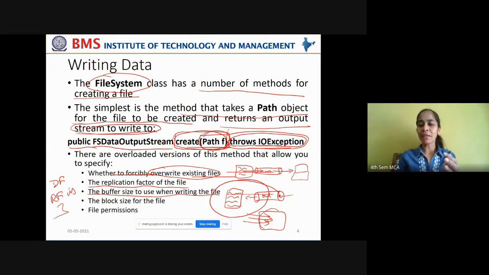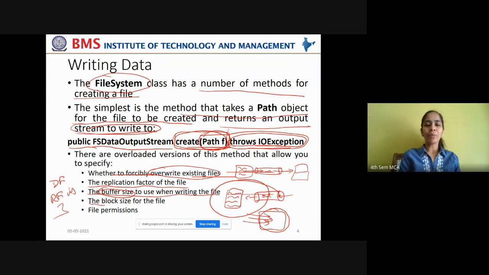It will accumulate the data into a buffer, that is, temporary space, where if you have given the buffer size as 300 bytes, 300 bytes of data will be accumulated, and at a time it will be flushed onto the file where the data is being written. Got it? That is how buffer size is used. Temporarily the data will be held before it is flushed out to the output device or onto a file. Got it?